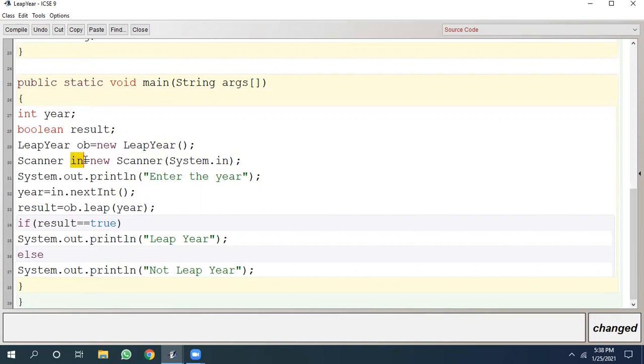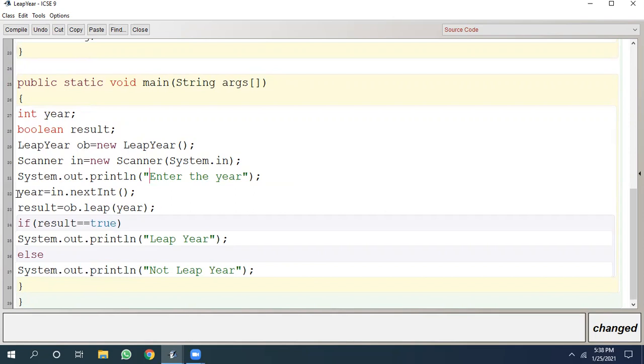In, what is in? In is an object of the Scanner class. System.out.println, enter a year. We are requesting the user to enter the year. So when the program is executed, this particular statement will be printed first. In response to this, the user will enter the particular year.